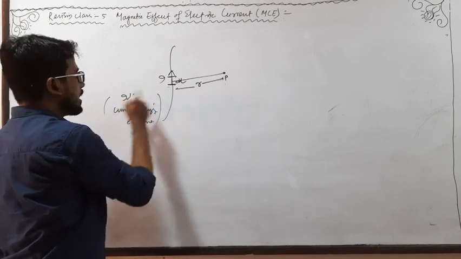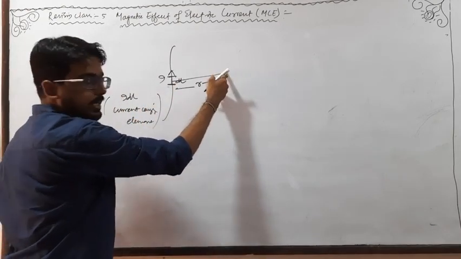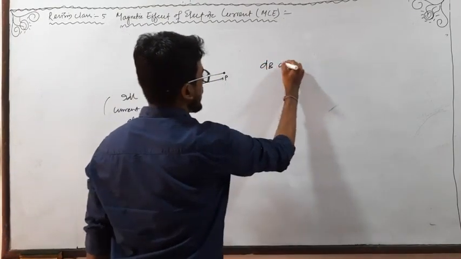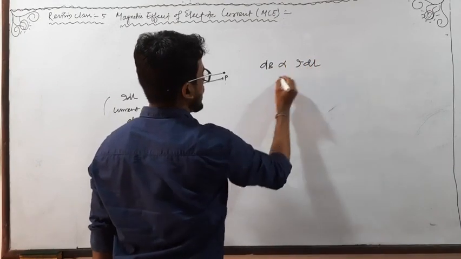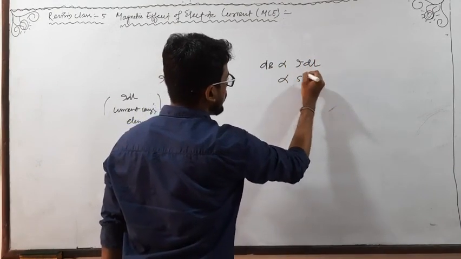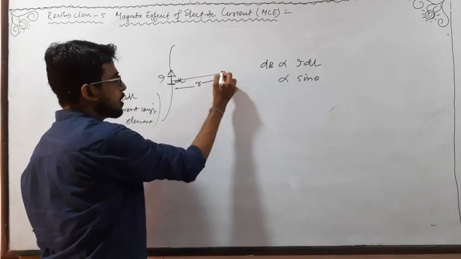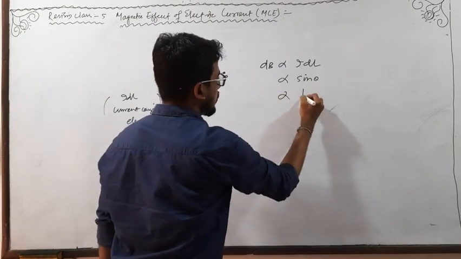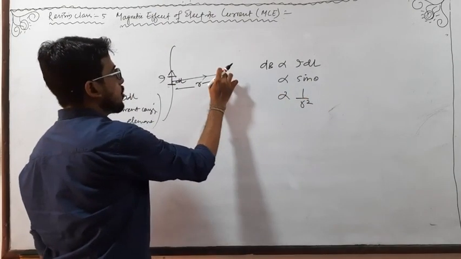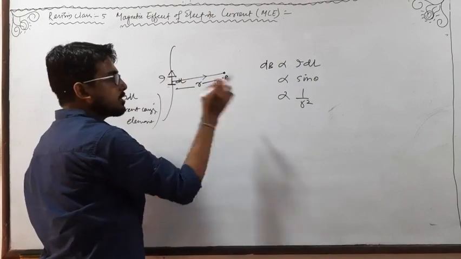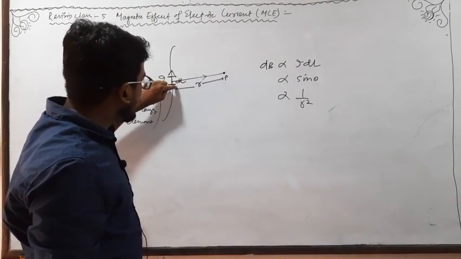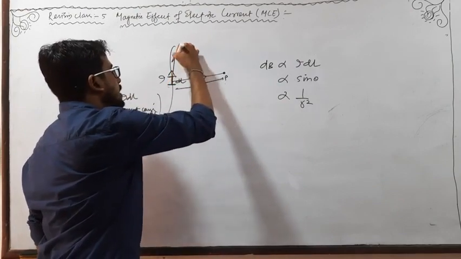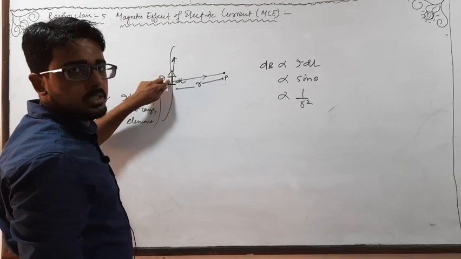Due to this current carrying element, the magnetic field strength dB at this point, according to Biot-Savart's law, is directly proportional to the current carrying element, directly proportional to the sine of the angle between the direction of the current carrying element and the position vector of the point of observation with respect to the current carrying element, and inversely proportional to the square of the distance of the point of observation from the current carrying element. So what is the direction of the current carrying element? The direction of the current carrying element is always tangent to the current carrying conductor